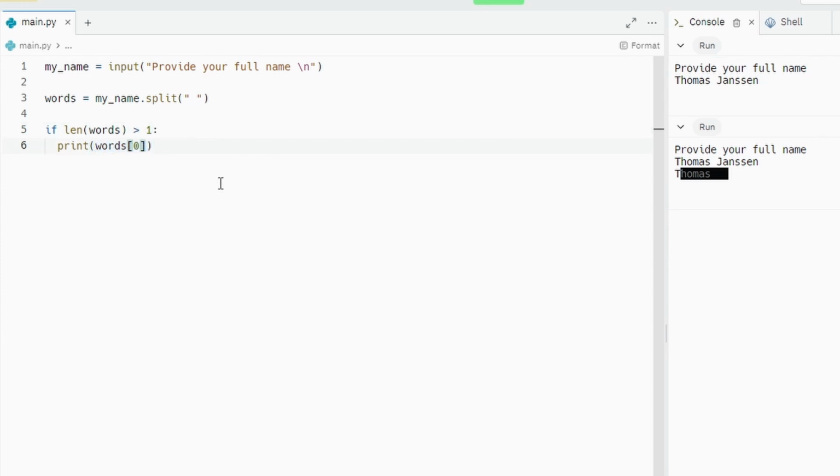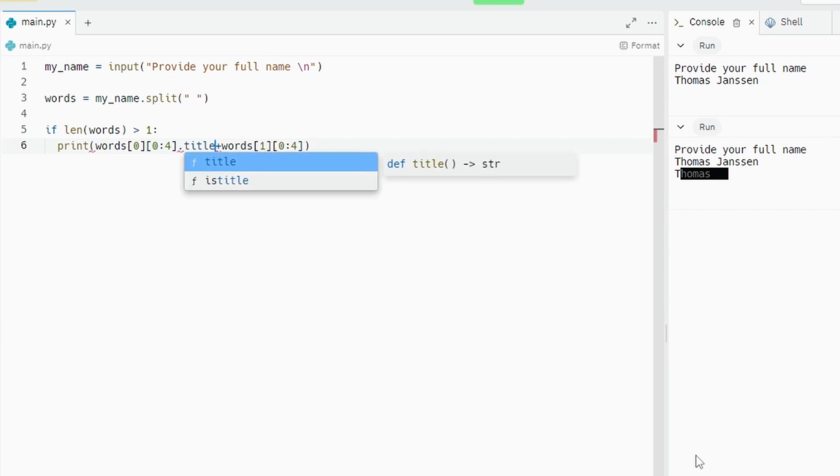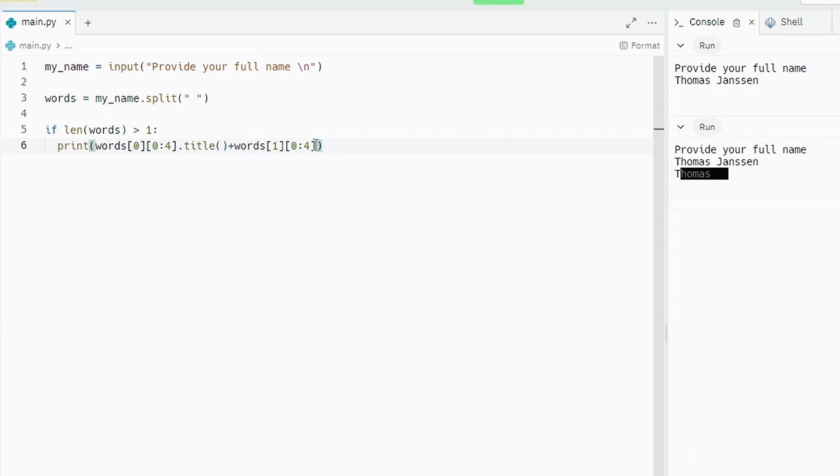I will see that I get back Thomas because I'm only printing words 0. And what I'm going to do is I'm going to slice this string from 0 to 4. So I only get back like the first 4 characters. And then I'm going to do the same with the second word. So let's use closing parentheses here. And let's do the same with the second word. But this time I'm referring to words 0 with also a character 0 to 4. Let's do it like this. And let's also make sure that we get this back in a title so that the first character is always a capital character. So let's do .title and use closing parentheses